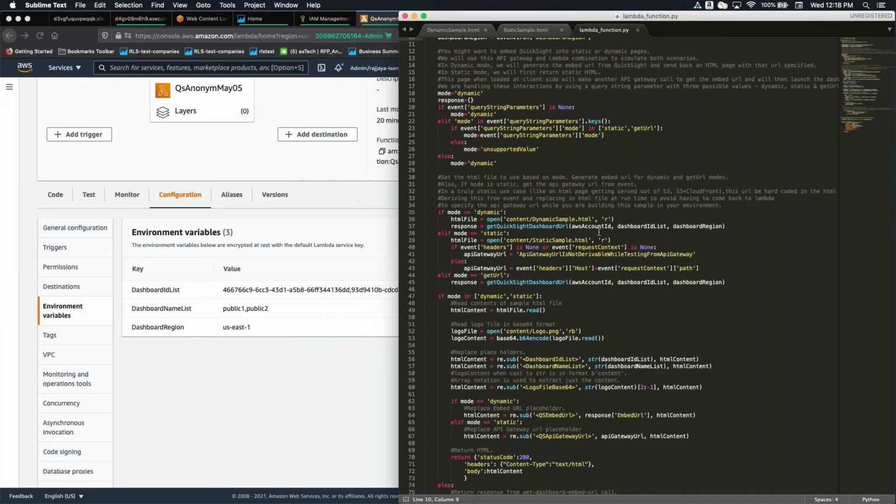HTML page. Now the difference between generating a static and a dynamic HTML page is when we are actually returning the HTML page, and also if the HTML page already contains the embedded URL. For example, let's start with the dynamic HTML page. So based on this code, we check if